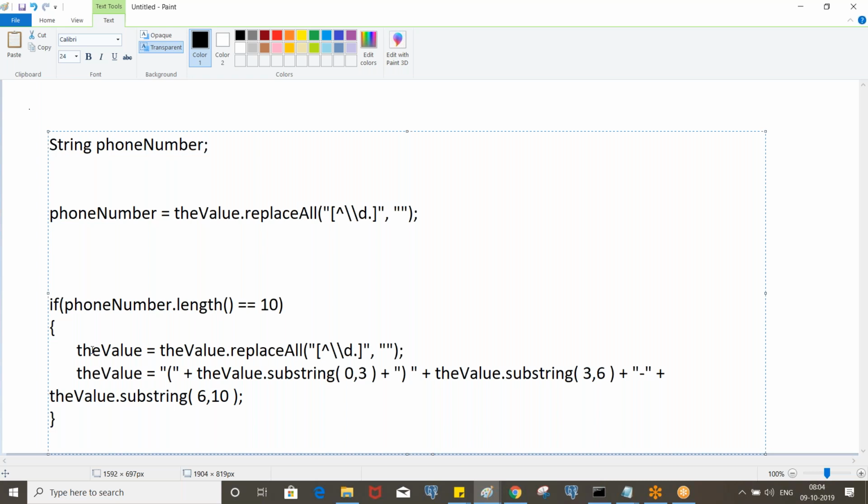The value is the standard variable. Whatever value we enter will be assigned to the variable called the value. Based on that, it will validate.